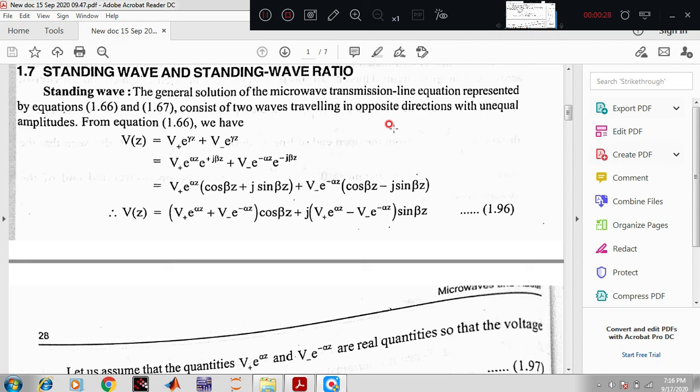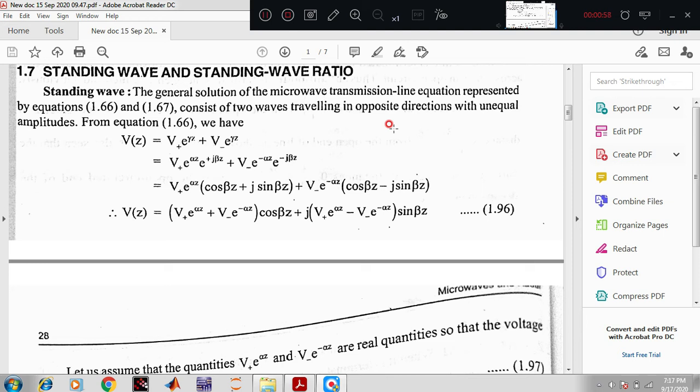And here you have come across two types of waves. One is the incident wave and another one is the reflected wave. Both those waves have unequal amplitude and opposite direction. And one more point I want to bring to your notice that